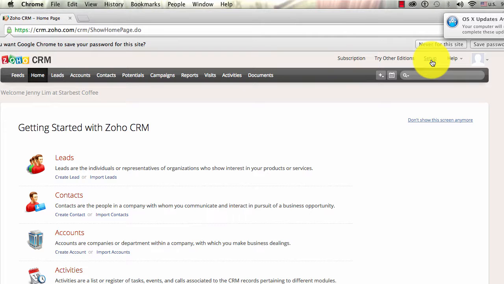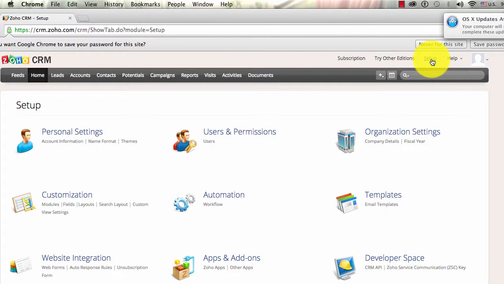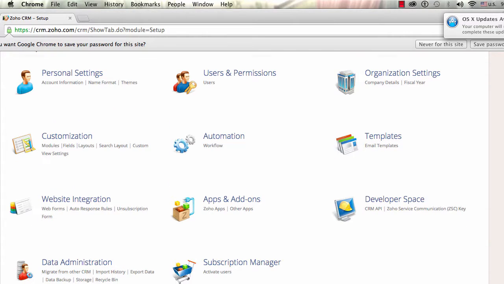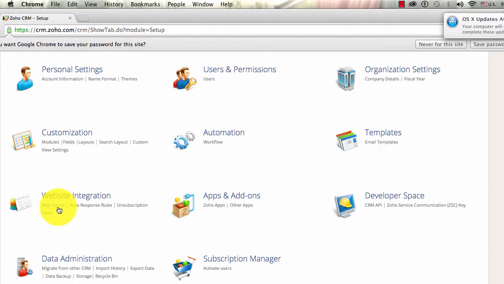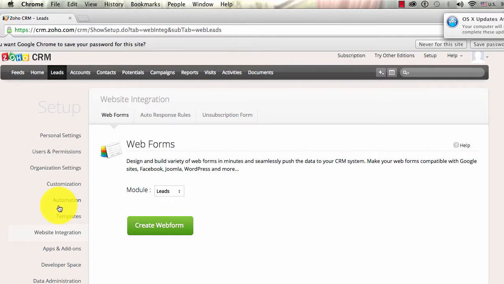So on the upper right hand corner, go to Setup, click Setup, and then look for website integration. You may have to scroll down a little bit. Here's website integration, and there's something here called web forms. Click web forms, and if it's your first time to create a form, you'll see a create web form button down here. If you previously created a form, then